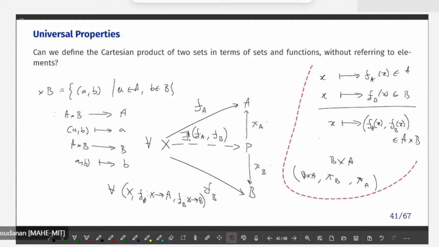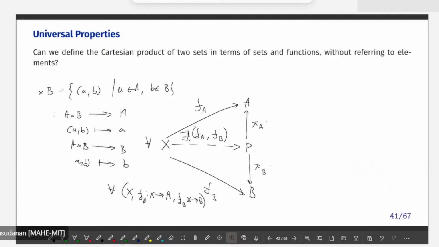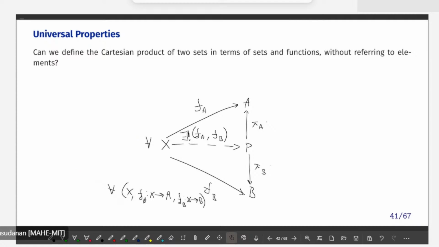These particular definitions, and define it as a property. I'll just say, okay, without giving it more structure. For every triple, so first of all, a product of A and B